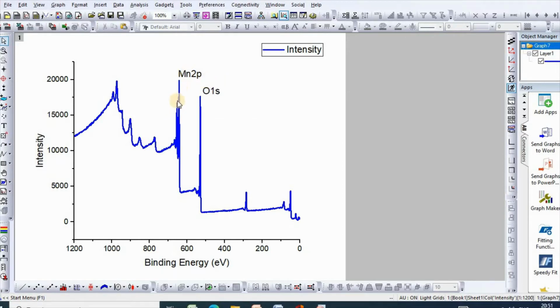In order to identify the peaks and their distance, we can rescale the x-axis, for example from 670 to 600.